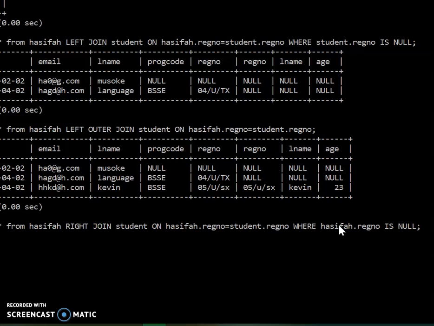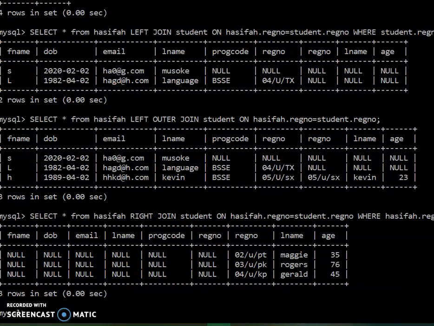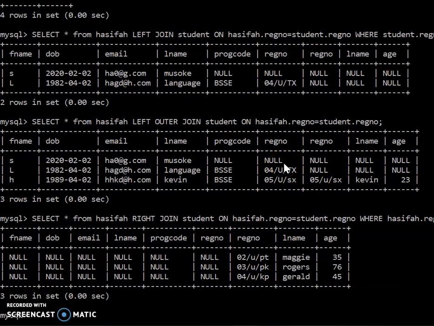So what we want is to return all the records in the right table that do not match those of the left table. So if you look at this result set, okay, again, if you look at that result set,